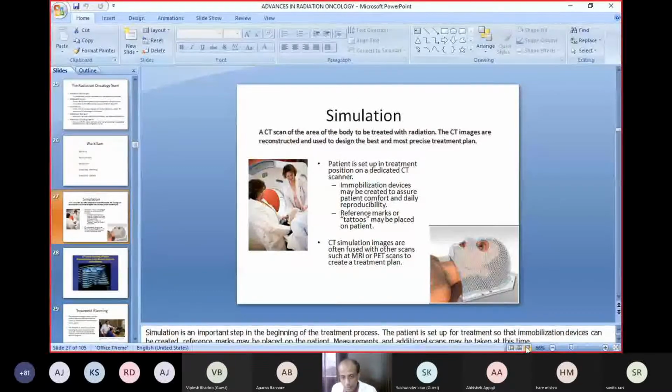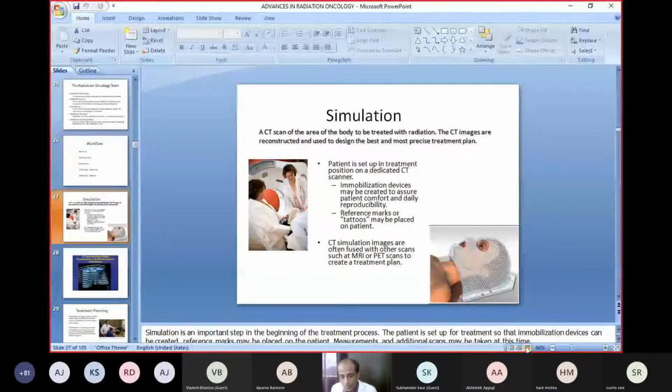After that we take a CT scan, we get multiple axial images like this, and these images are then pushed into a computerized planning system. On the planning system we have to generate a plan of how to deliver the treatment. The planning part is again of two types, one is 2D treatment planning and one is 3D treatment planning. In 2D treatment, you can see we treat only in two axes, like x and y.